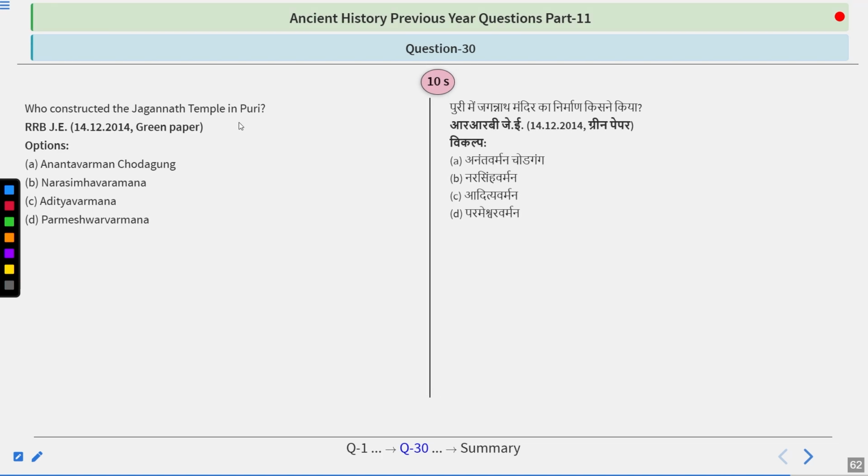Who constructed Jagannath temple in Puri? Very important question, guys. Try to answer. Anantvarman Chodaganga, Narsimha Varman, Aditya Varman, or Parmeshwar Varman. So try to answer. And the answer is